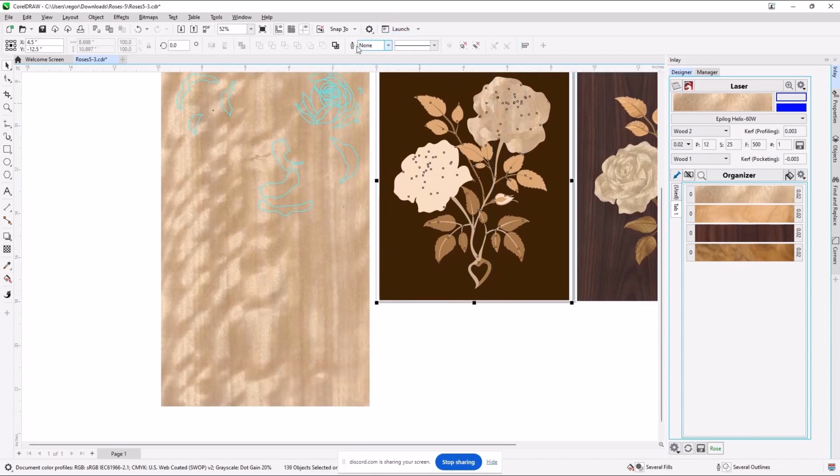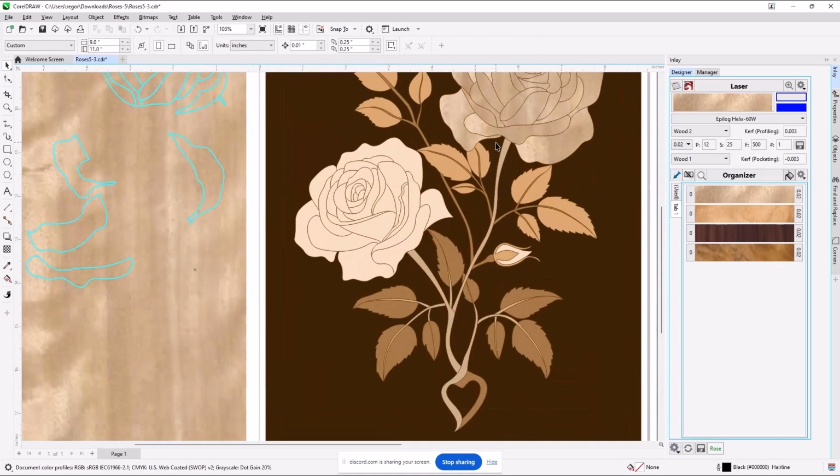So this one, I don't have any outlines, but I'm going to turn them back on, and you can set any outline width you want, 4 points. I mean, these are big outlines. That's cool. Doesn't matter. What gets over here is what's going to get cut with the hairline. So this is the hairline outline.